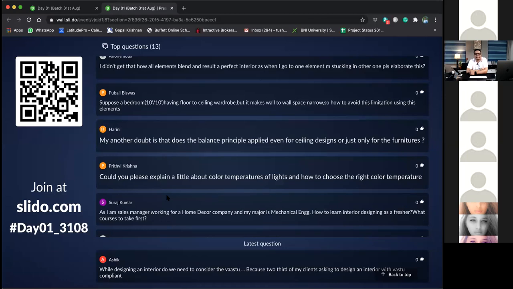If it is a 10 by 10, and you're going to put a wardrobe, the wardrobe depth is 2 feet. The moment you put a 2 feet wardrobe, you're left with only 8 feet. Now, in this small space, I would suggest that you don't do much. But if your clients are okay, what you can do is put mirrors. You need to use some pattern or something like a mirror, or maybe the wardrobe can be a mirror, wherein you make the room look bigger.